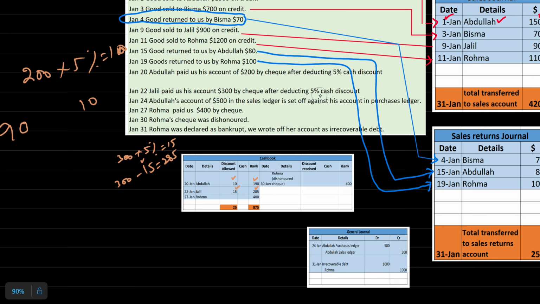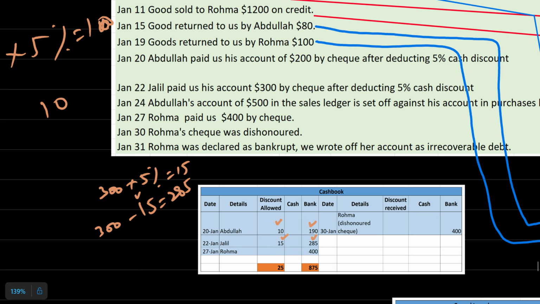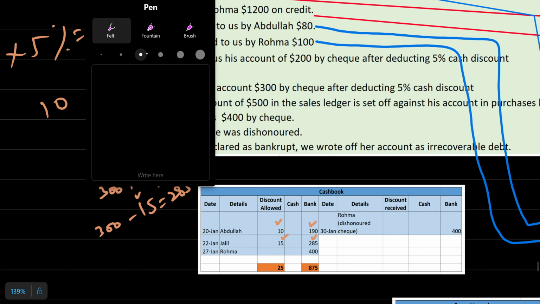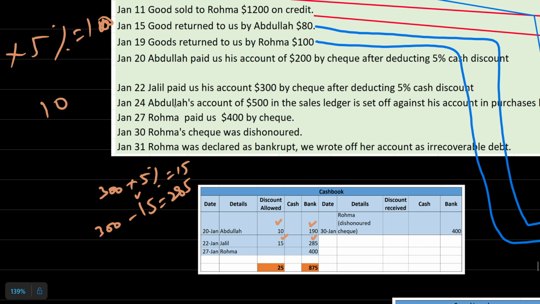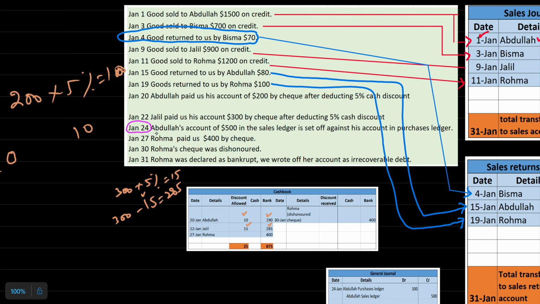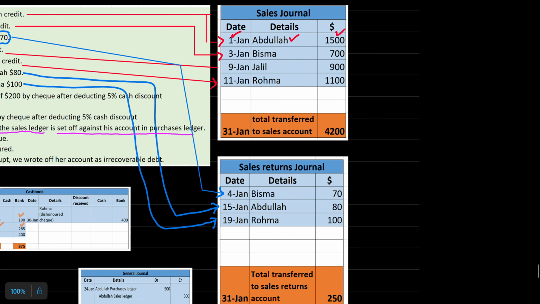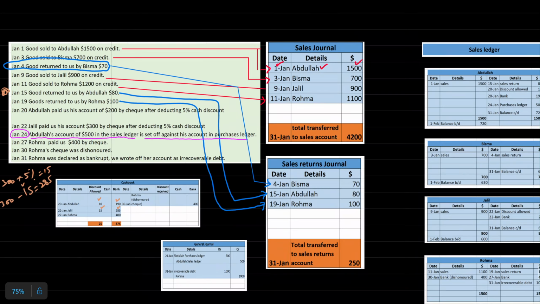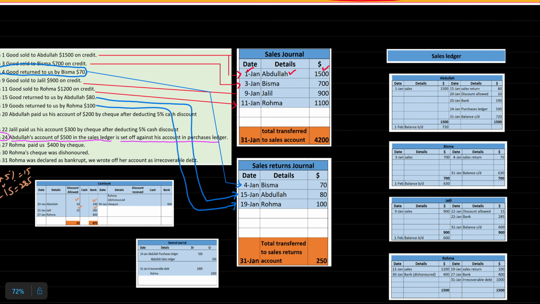And now students, let us move to the transaction on 24th January. Students, Abdullah's account of 500 in the sales ledger is set off against his account in the purchases ledger. First of all, we need to remember the concept of setting off, then we will discuss it. So before recording this transaction, we need to know